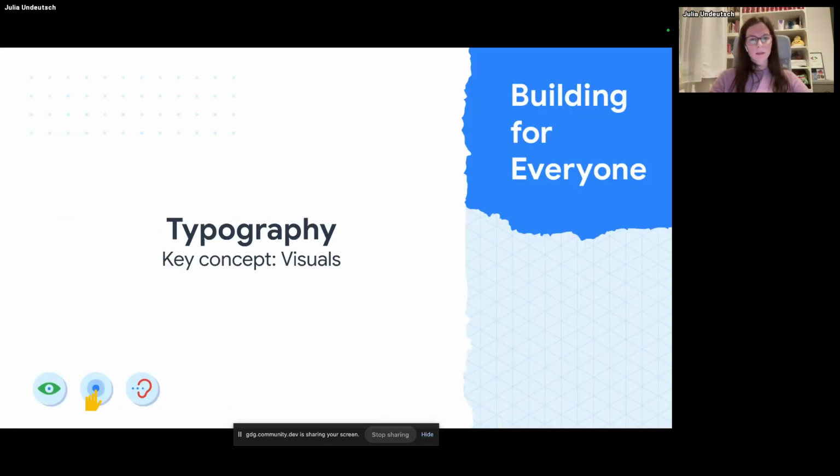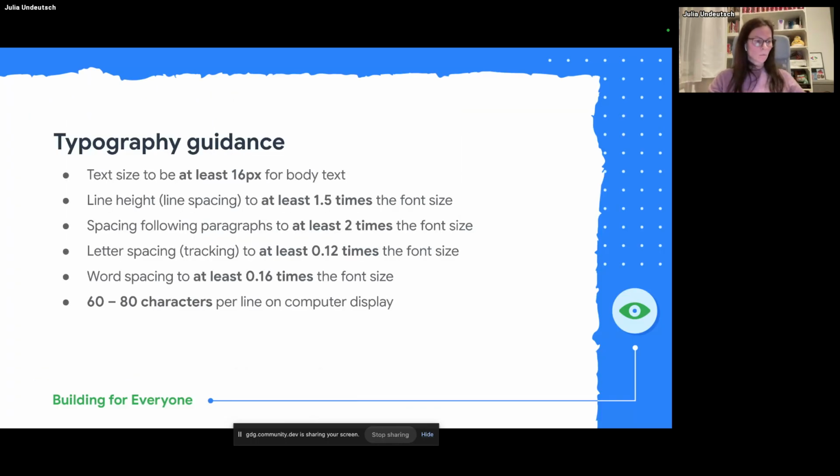So the last example of the visual concepts is typography. There are a few common fonts we can already use, which are considered mostly accessible, like Open Sans, Roboto, Lato, Raleway, Montserrat. And I would say that we maybe just stick to them because they are already very well known and kind of approved.